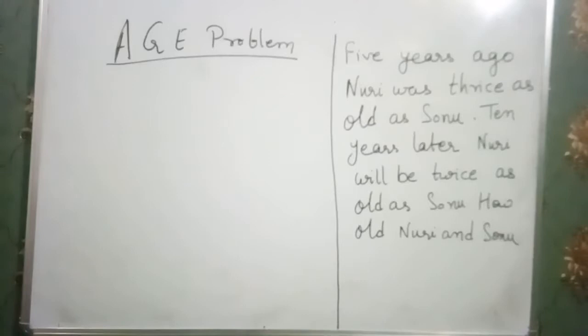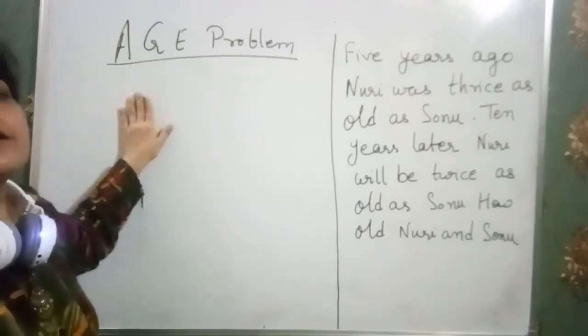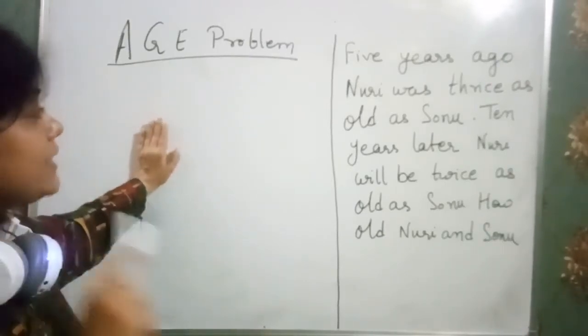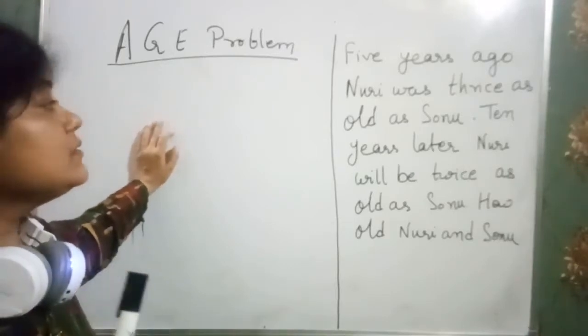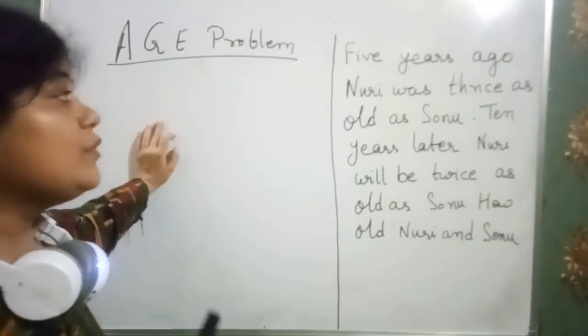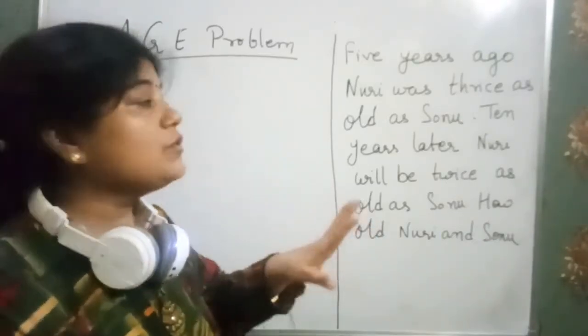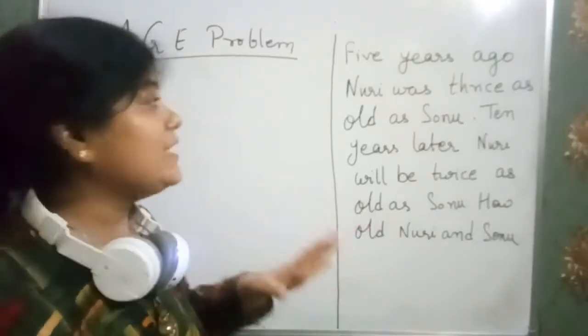Now there is another question in front of your screen. This problem I have taken from the age problems. So in this section, don't skip anything, and don't be so speedy. I am a little bit slow, so please try to understand the concept.